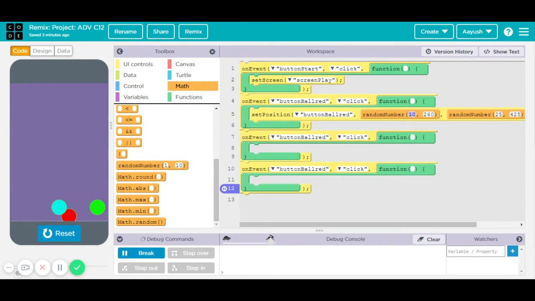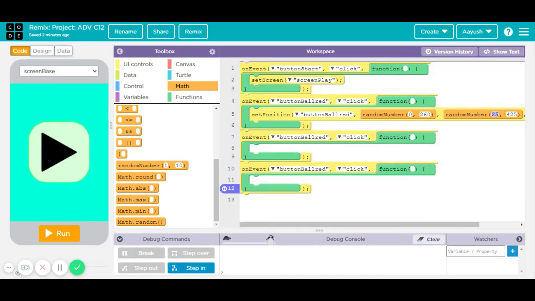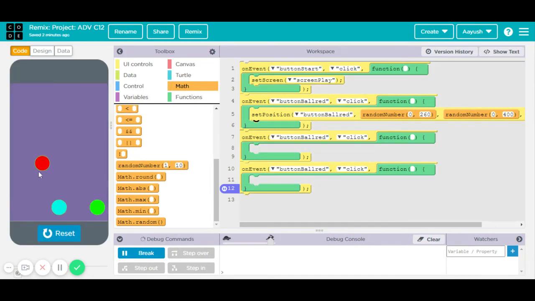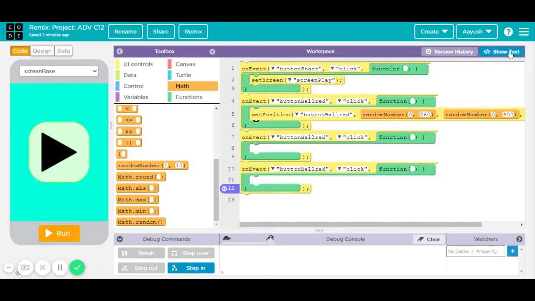So the x here can be 0, and for the y-axis, this can be 0 to 400. So now let us test it. Look, it has gone to its maximum reach. Now we'll be creating also something called time loop, which is a special feature in this part of code.org. But first let us show text,